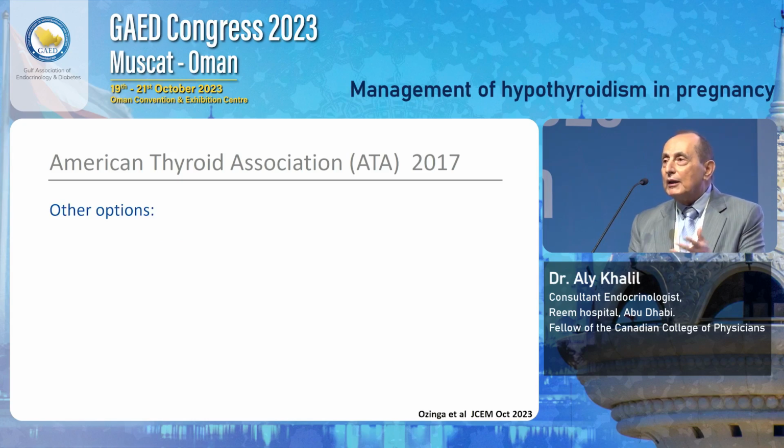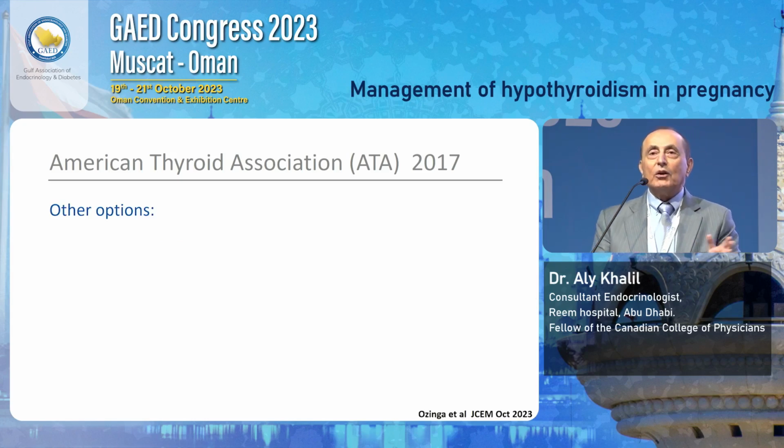Now, what if you don't want to use any of those? Do you have any other options? What if I'm working in Abu Dhabi and Saudi has some reference range? The suggestion from this study, based on the cohort studies and the systematic review they did, is that you could use something maybe the same as used in osteoporosis. You could use the data from a country that is similar in population to your own country and adopt those as a reference for you.